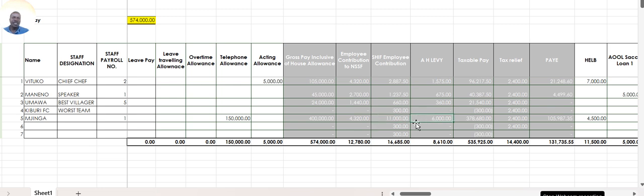You need to take note that housing levy is deducted on the gross pay at 1.5%, and the same is matched by the employer. Chief is deducted at 2.75% of the gross pay, and the maximum threshold for the NSSF payment is 4320. So you'll realize that the pay that will be taken to the taxman will be